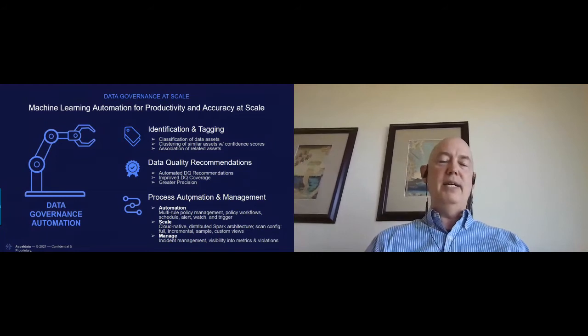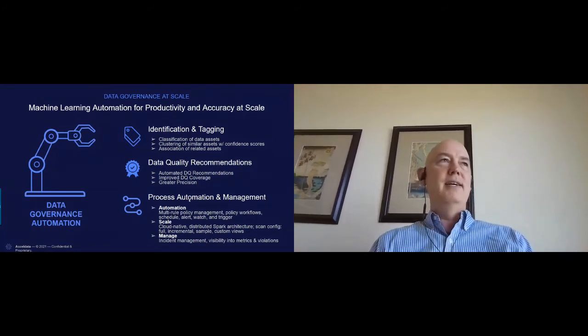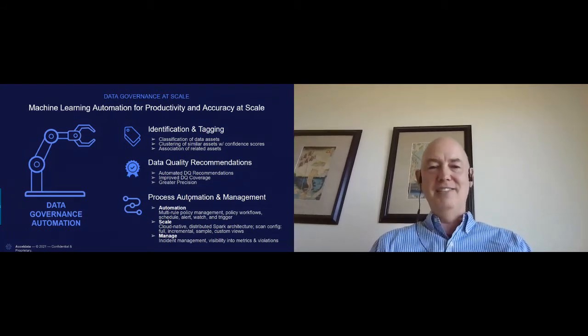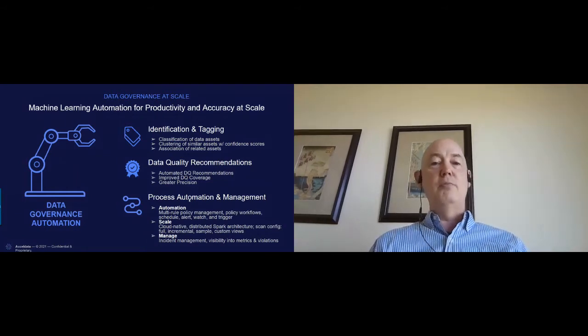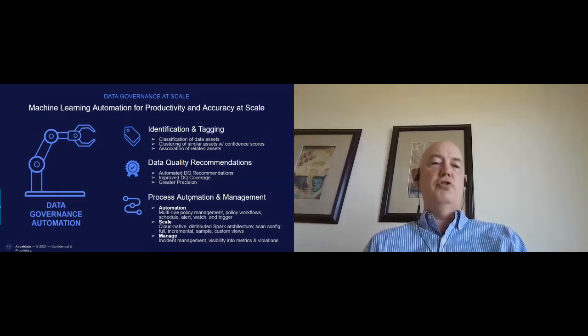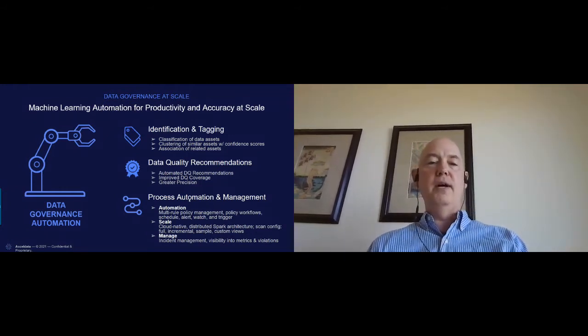One thing I'd call out is that in many respects, customers come to us and they describe something that is a bit of a death by 1,000 cuts. There's so many things that can go wrong, so many aspects of governance, and so much data that it's very difficult, even with great tools, because there's so many steps involved. So we apply a number of machine learning algorithms and automation capabilities to help reduce that level of effort so that you can cover more ground more accurately and overall improve data operations.